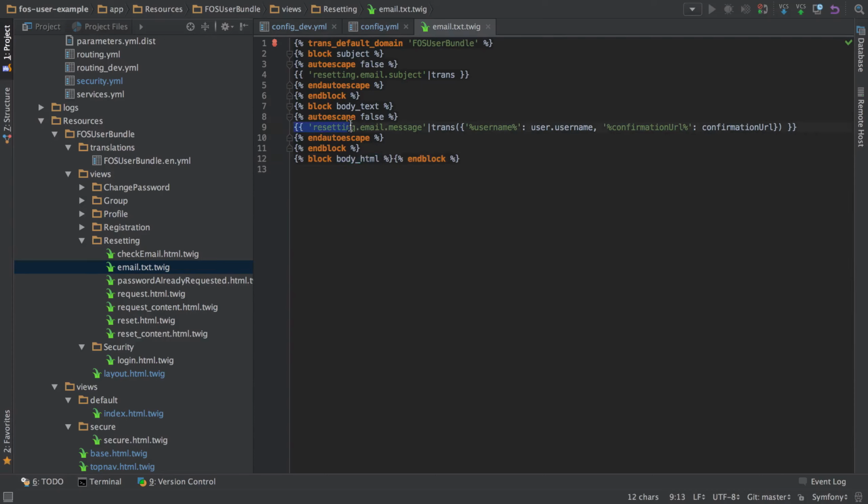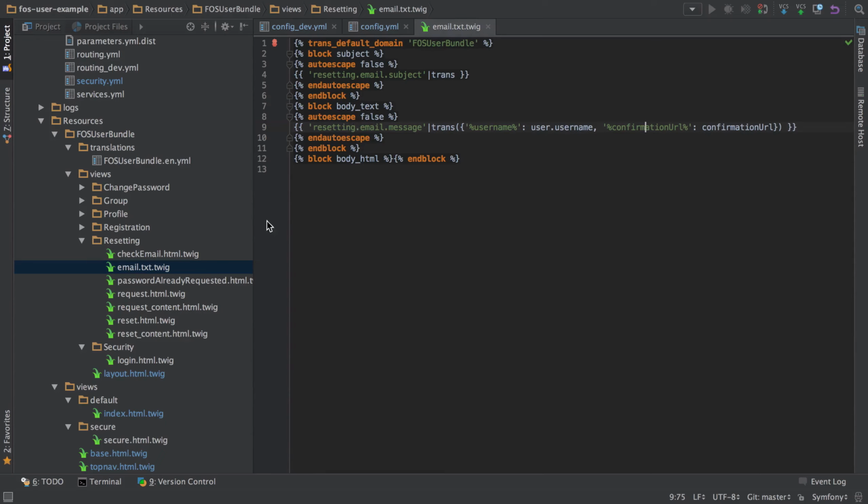If you've not really been following along with the series so far, you may be confused about lines like this. Really, that's just going through the translation section, and what you can see there is we're passing in a username and confirmation URL into this translation, which is a little outside the scope of translations as a whole. If you're unsure on that, I have a complete series on translations, but what we can do is override these